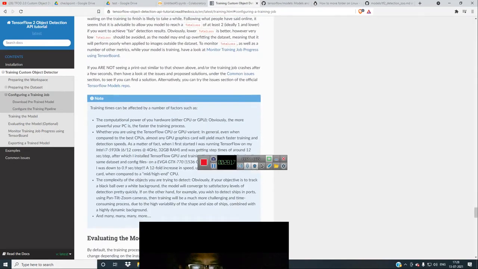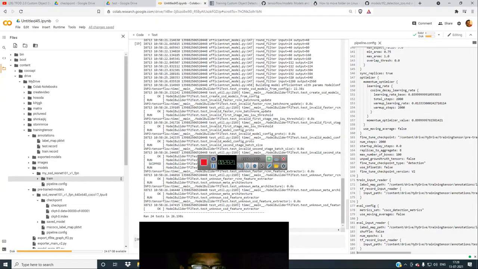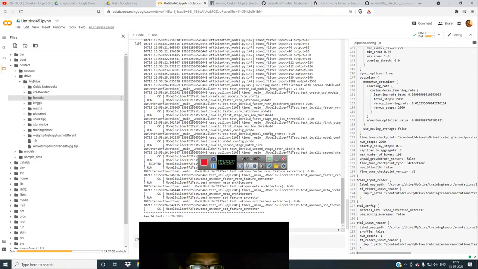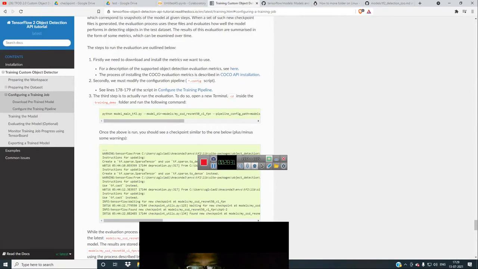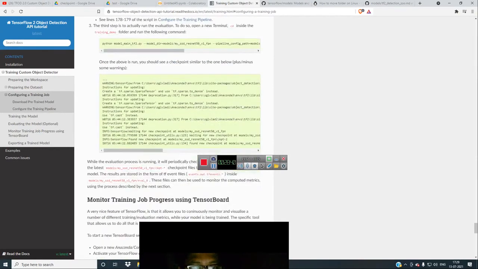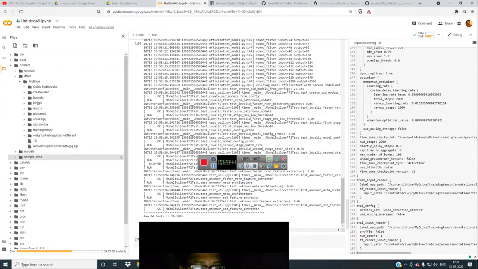Model main tf2.py is actually in models research. You can go from here, and they are telling you to go to the training cd training demo and configure the training paths, all those things. But this model main tf2 you can also download from here.